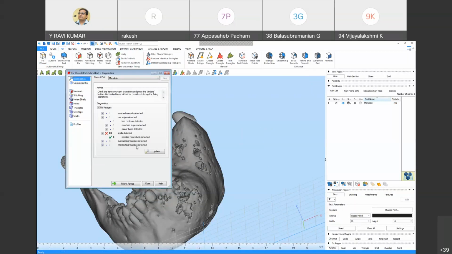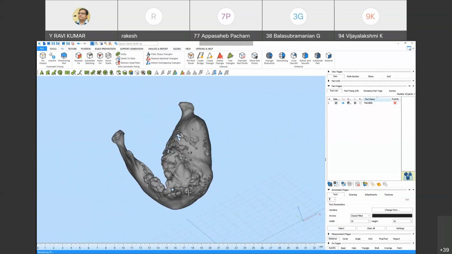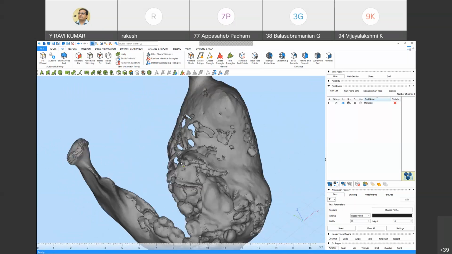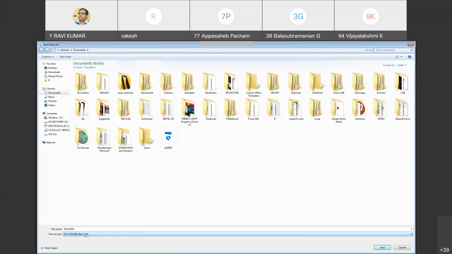The noise shells were gone, and the overlapping triangles and shells were reduced. Now it is clear. So this is how we reduce the errors in the STL. This part is saved again as STL, in whichever way you wish.